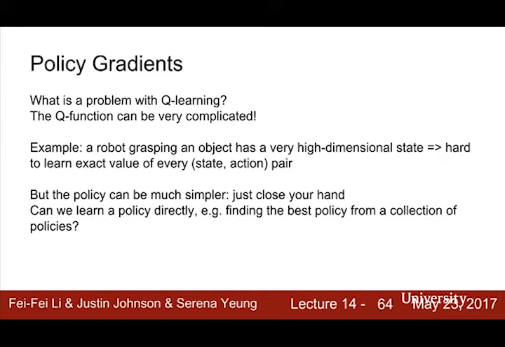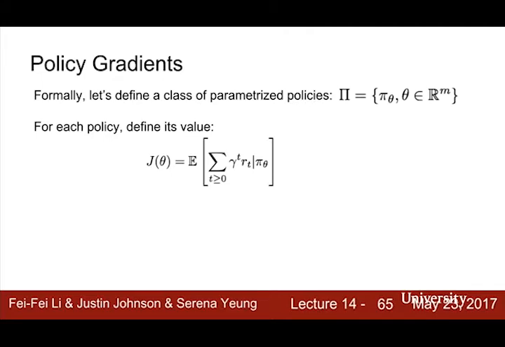But on the other hand, your policy can be much simpler, right? What you want this robot to do may be just this simple motion of closing your hand, right? Just move your fingers in this particular direction and keep going. And so that leads to the question of, can we just learn this policy directly, right? Is it possible maybe to just find the best policy from a collection of policies without going through this process of estimating your Q value and then using that to infer your policy? So this is an approach